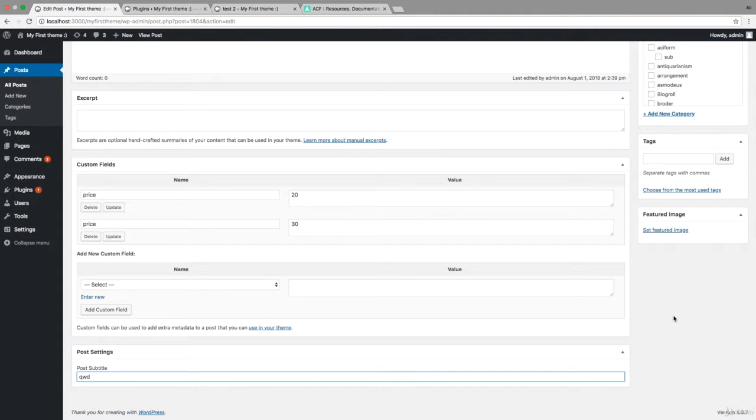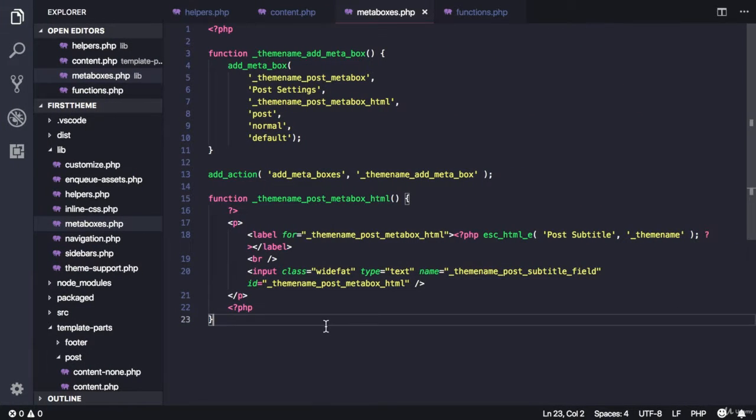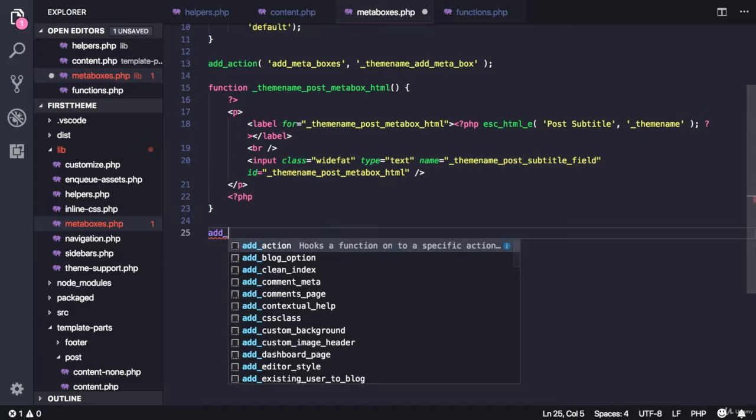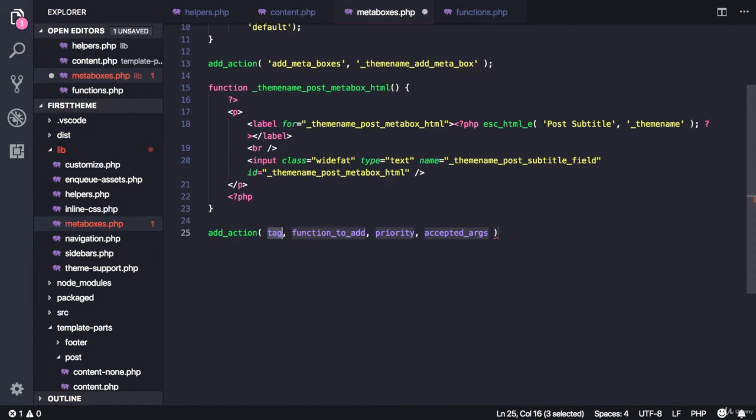But when can we access this post super global? It's by using an action called save_post, and this action will be triggered every time you save a post. So let's add action and save_post, and let's add a new function to handle saving a post. And let's call it theme name save post metabox,